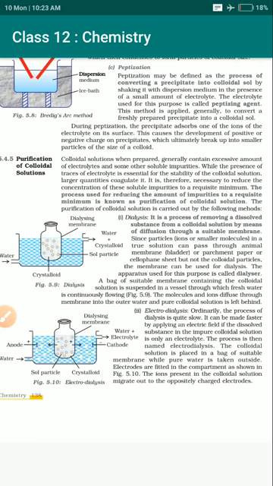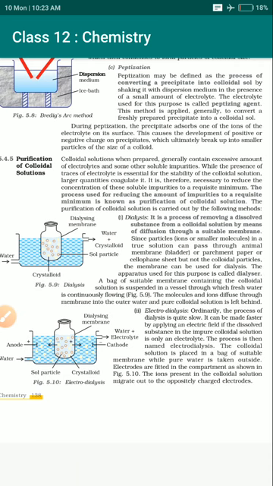This means the amount of the impurity is reduced in the particular solution. It is not completely washed out, because if it is washed out, then the colloid's existence might not be present there. Such a method where the amount of impurities is kept at a requisite minimum is known as the purification of colloidal solution.